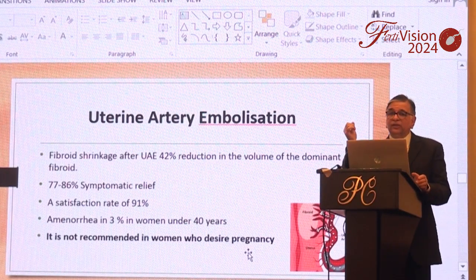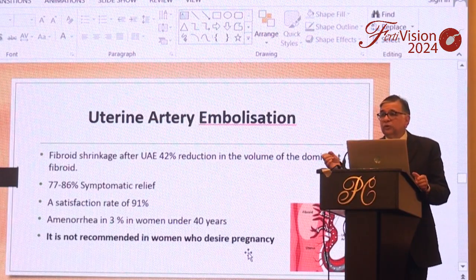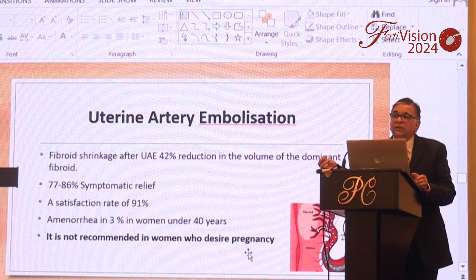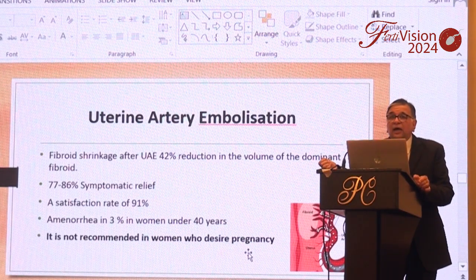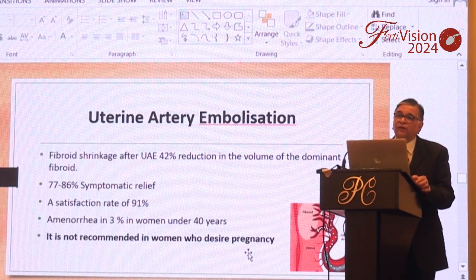Uterine artery embolization, I think no month goes by without patients asking me that they do not want a myomectomy and they would rather have this. And I've heard the biggest source of medical information and literature for these patients is Facebook. And some of my colleagues go out of their way to post that they do these things, and they are very beneficial for every patient, even somebody who's contemplating fertility.